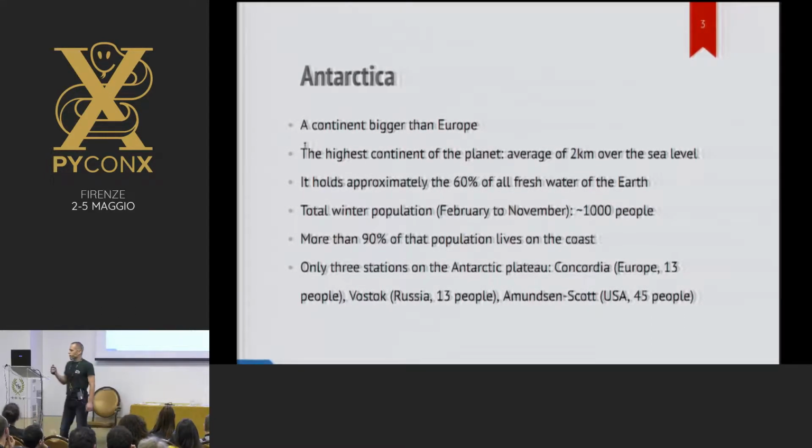And another aspect is the population. It's basically empty. Imagine a big continent, bigger than Europe, with just 1,000 people, sorry, from February until November. And of these 1,000 people, only 10% live inside Antarctica, because inside Antarctica there are 3 permanent bases, one from the United States, one from Russia, and